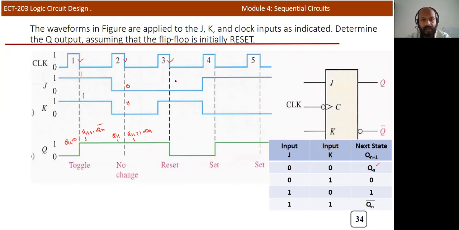During the third falling edge, the JK input is 0 1. If it is 0 1, it becomes reset. So in this particular case, Qn is equal to 1 and Qn+1